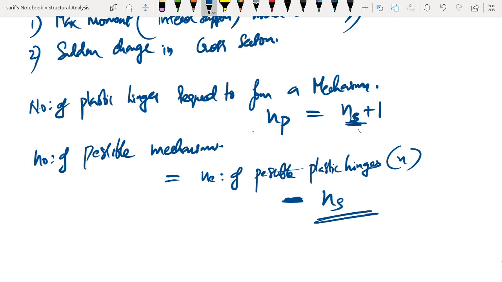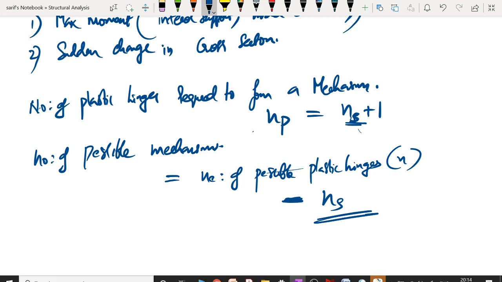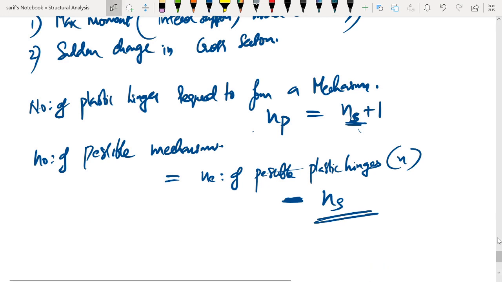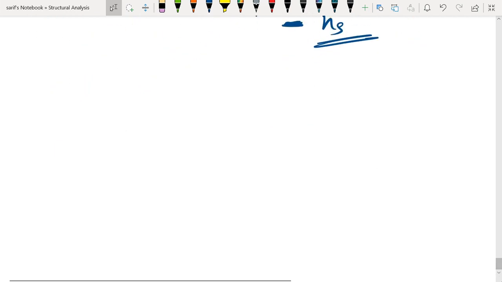And in here what we are going to do is we are trying to apply the kinetic method, and here what we will be doing is we will be equating the internal work done by the plastic hinges to the external work done by the loads. So this internal work done we will be equating to the external virtual work done. We are going to use the principle of virtual work to solve this problems and find out the plastic moment capacity as well as the collapse loads. So let us take